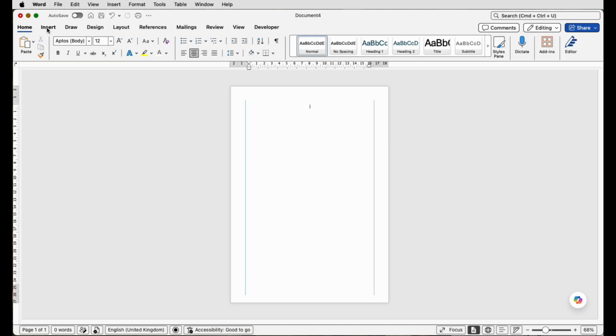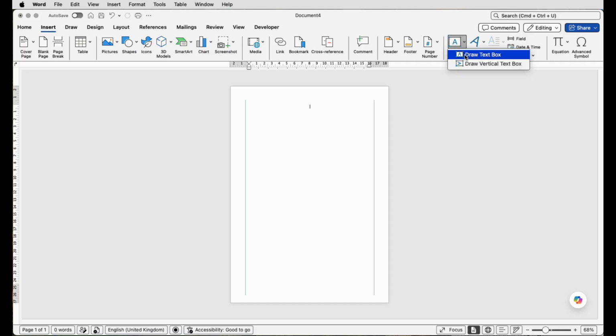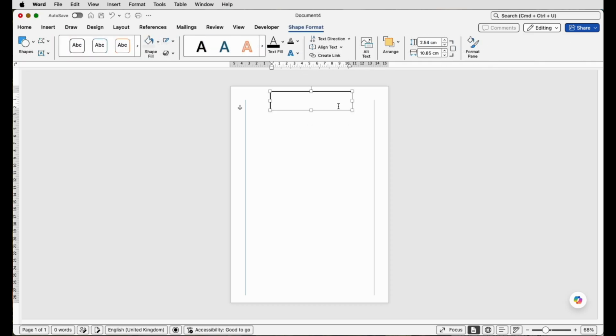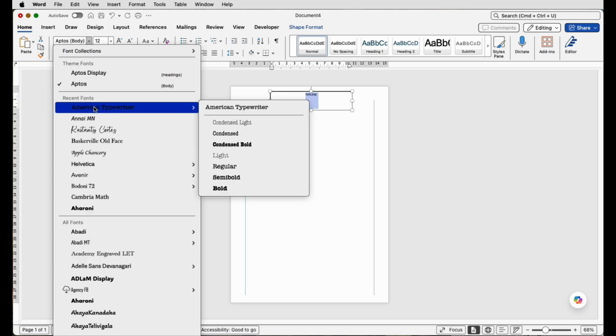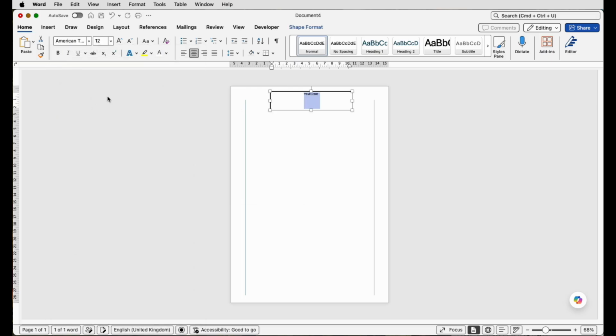Next, I'm going to go to Insert, Text Box, Draw Text Box, click and draw out a text box. I'm just going to type in Timeline for the title at the top, then select the text, go to the Home tab, change the font. I'm going to choose American Typewriter. Then increase the font size,